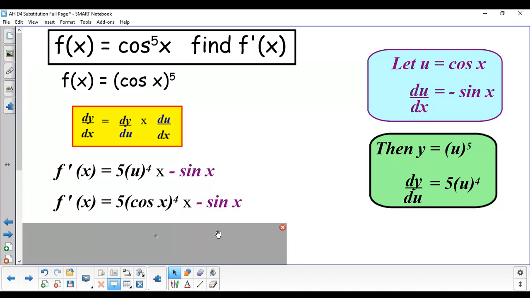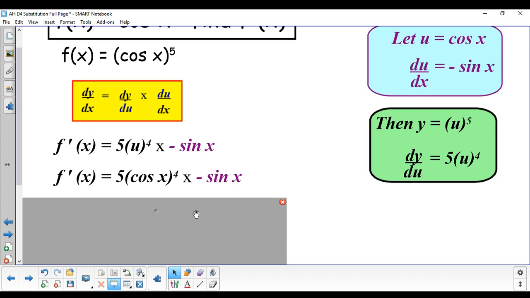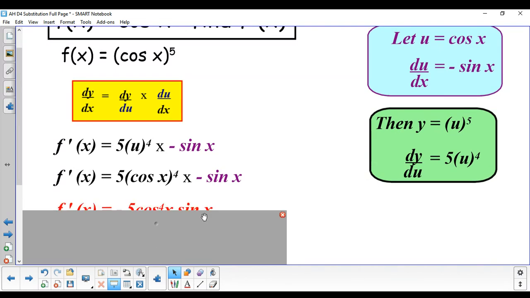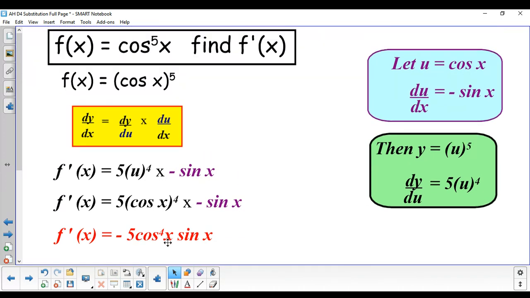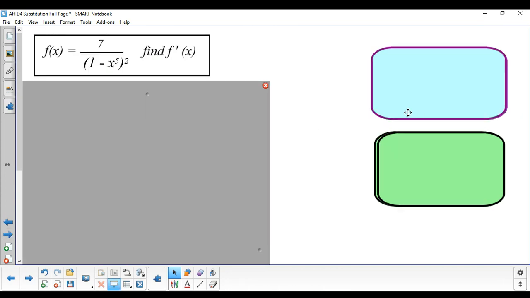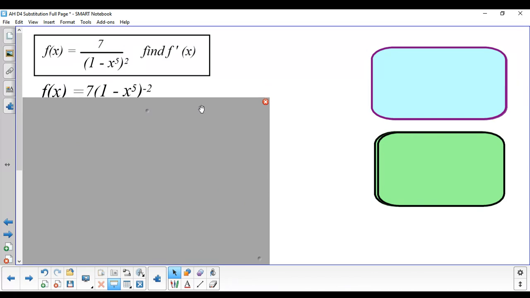If you want, you can bring the sine x to the front and put the power at the end, but I wouldn't put the cos in the big bracket, I'd say cos to the power of 4, okay. It doesn't matter to me whether you write minus 5 sine x cos to the 4 of x. I'm saying that wrong, but never mind. What you do here, you bring that up to the power of minus 2,